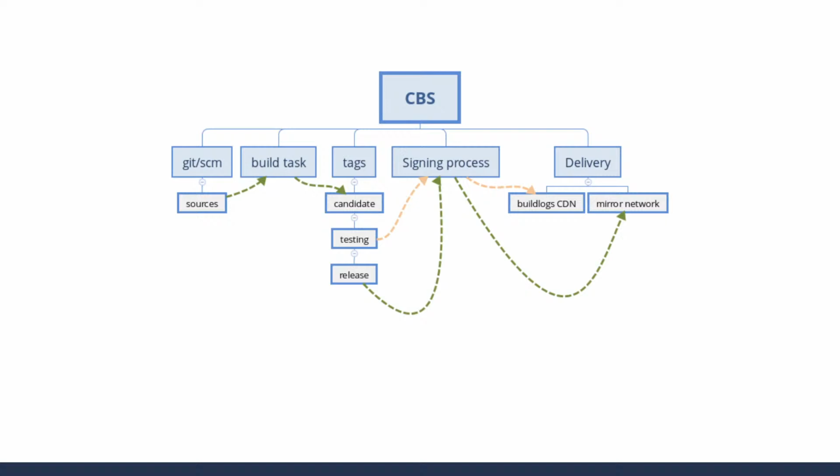And as a reminder, we are using 3 tags. It was discussed a long time ago for candidate, testing and release. If you build a package in the candidate tag, nothing happens. You see the builds there in Koji, but nothing happens. You can trigger some automation just to do some testing at that point if you want, but it's just internal. If you tag it to testing, then it triggers something that the signing service catches on the message bus